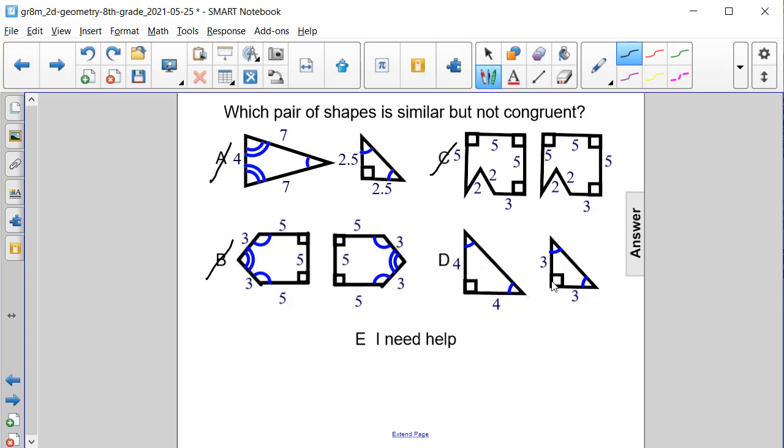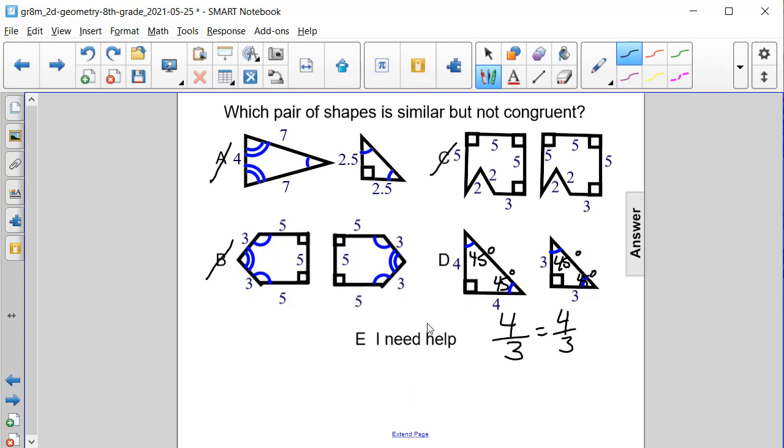We have 2 right isosceles triangles, and if we were to use the triangle sum theorem, we would find out that these 2 angles measure 45 degrees in each one. So the corresponding angles are all the same. Now are the sides proportional? Well, we have a ratio of 4/3, another ratio of 4/3,